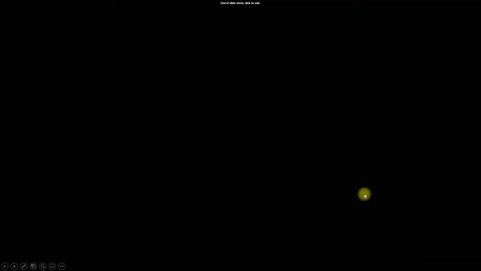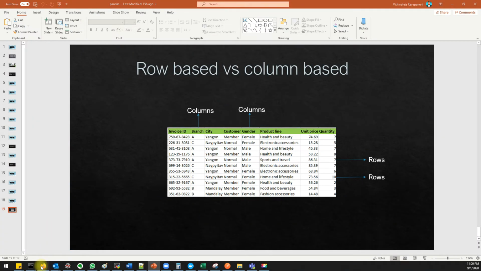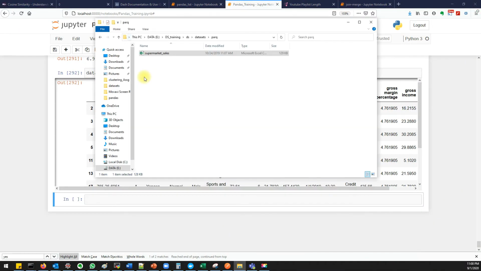Now we'll jump into the Jupyter notebook and take our example. This is my sales data for Parquet, and it's somewhere around 129 KB. Let me read this file.